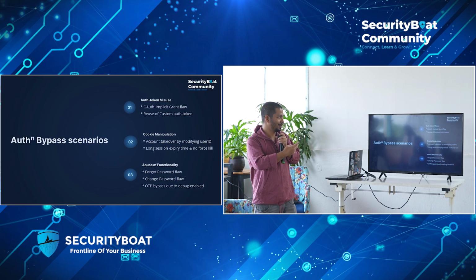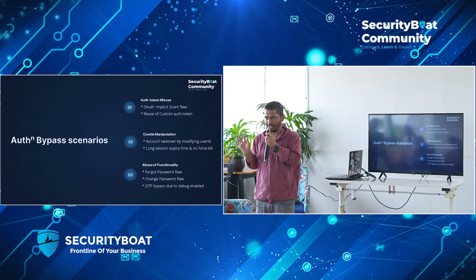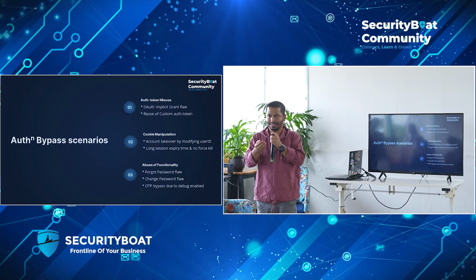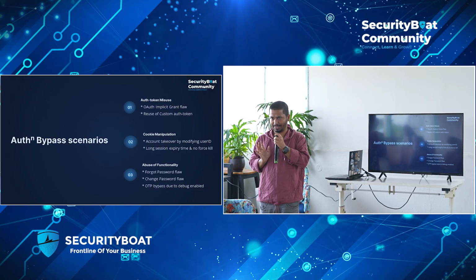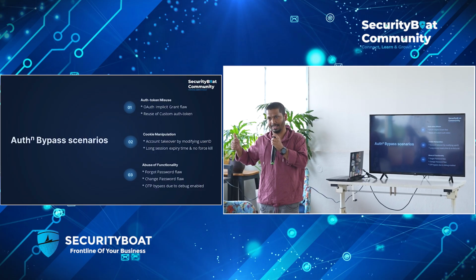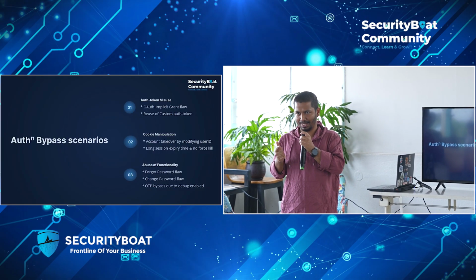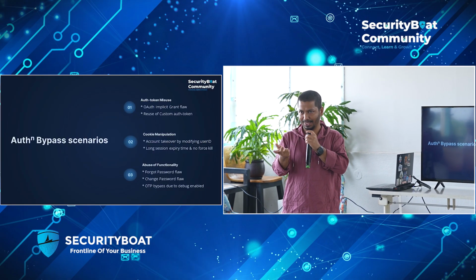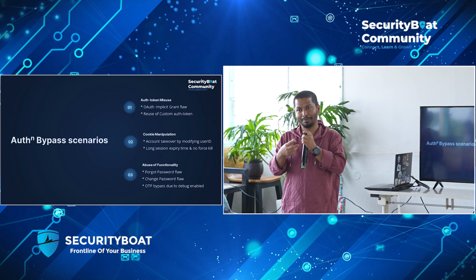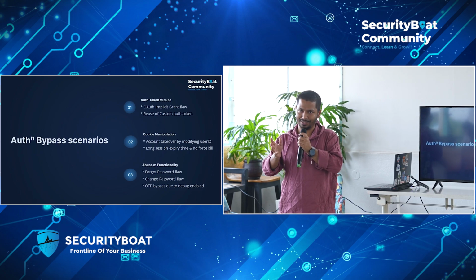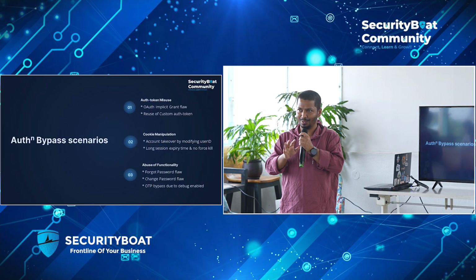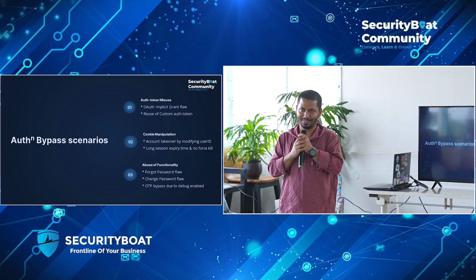I'll tell one or two. So forgot password, suppose you forgot your password. Any application, you go to the application, click on forgot password, it will ask you to enter your registered email address. You entered your email address. What next? Either it will send you a password reset link to that email, or it may send an OTP to your email, or it may send an OTP to your registered phone number, right? Or it may ask you a security question also, which is set already. Do you see any attack scenarios or attack paths here in these 3-4 scenarios?